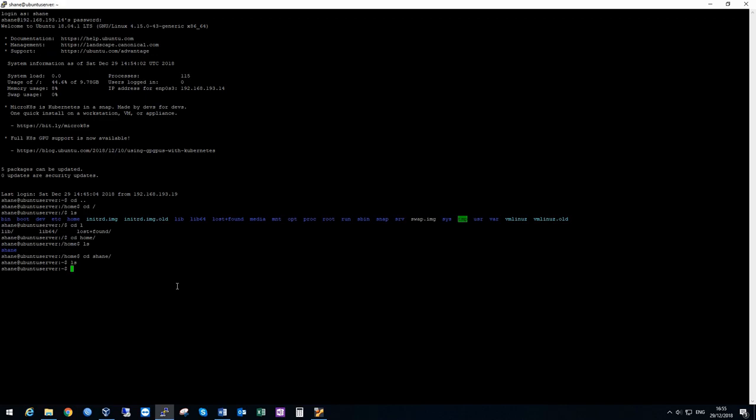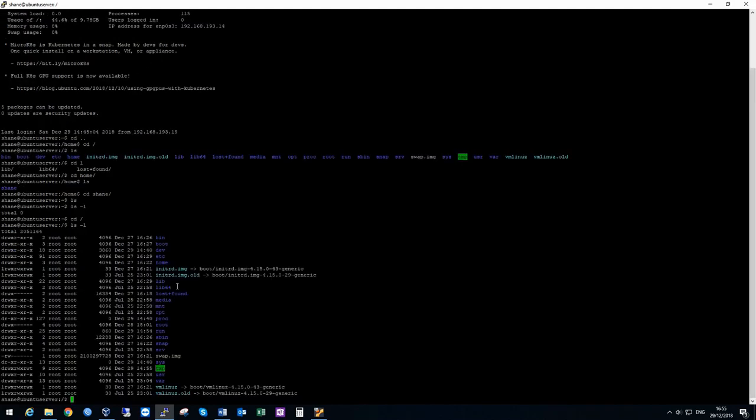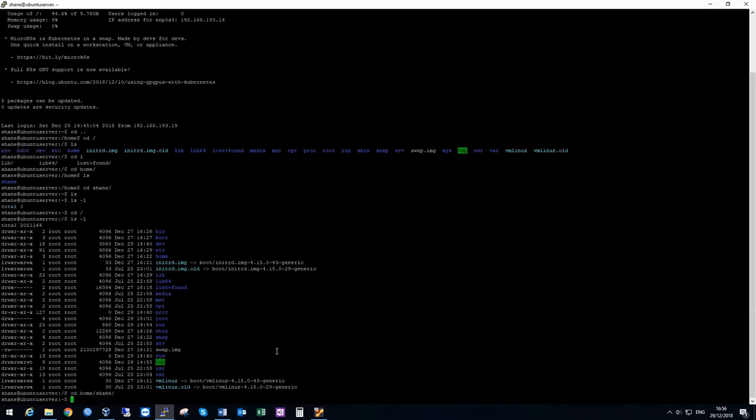Another switch for this command, or a variable that you can use, well, there's many, but the one that I use often is ls space -l, which will show you permissions and ownership of files and folders. So if we just go back to the root and use ls space -l, it will show us all of them. It will show us the current permissions assigned to it, who the owner is, what group the owner is, and so on. So if we go back to home Shane,